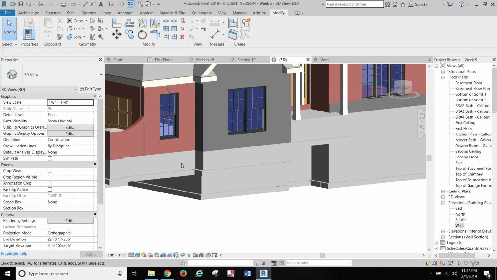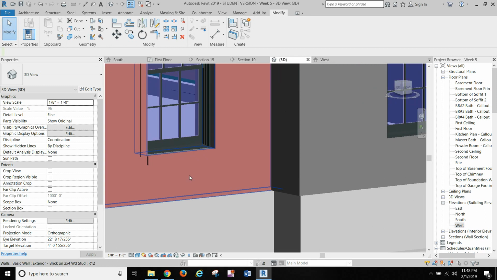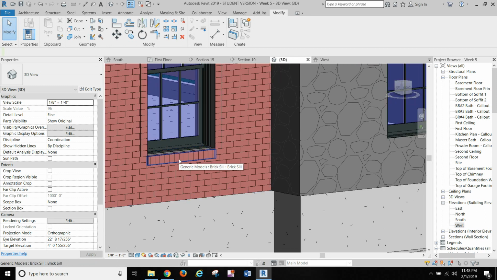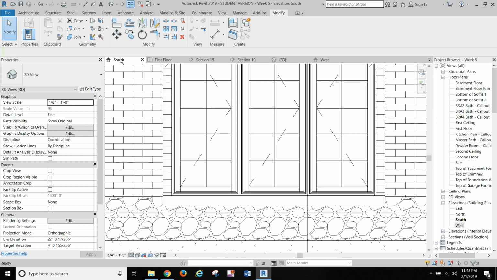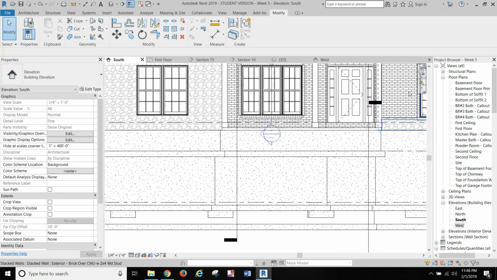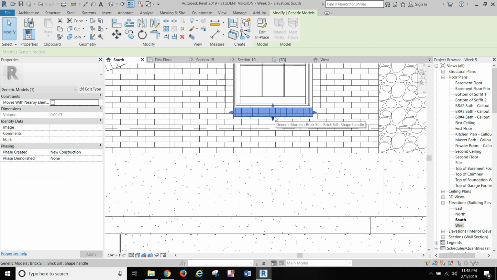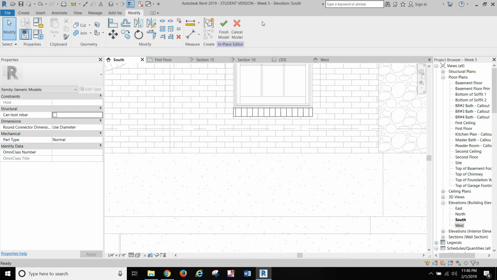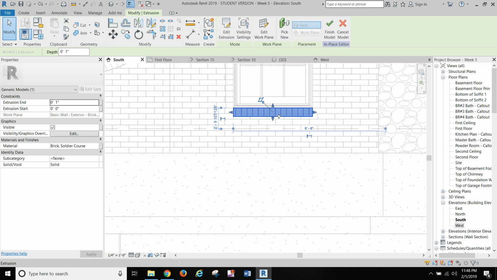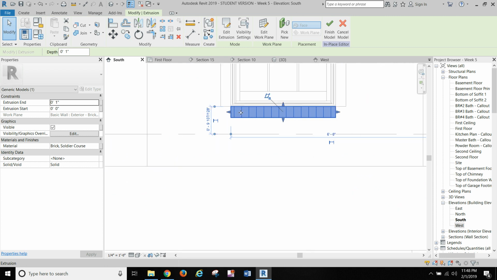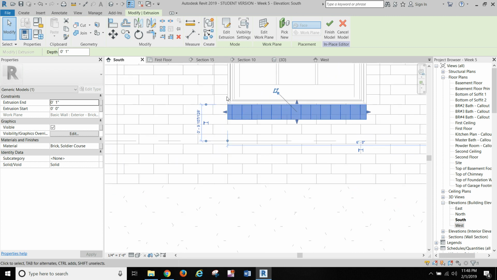Okay, so what I did, I started with the bottom, and I honestly find it easier to do it in an elevation drawing. Okay, but I'll show it to you there. I'll pop over to my elevation. And I started with this one, and I just did a component model in place, and I sketched. I picked lines for the bottom edge of the window and the left edge and the right edge of the window. And then I did an offset of